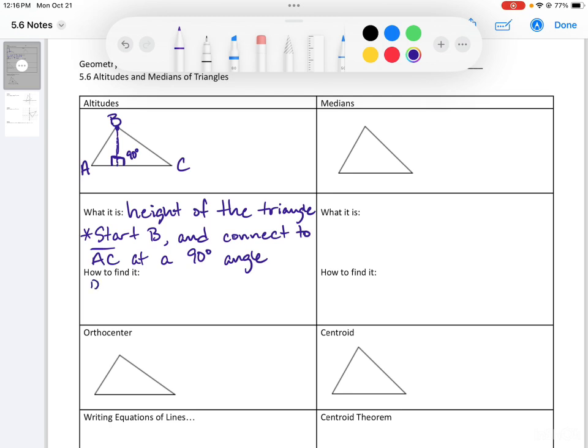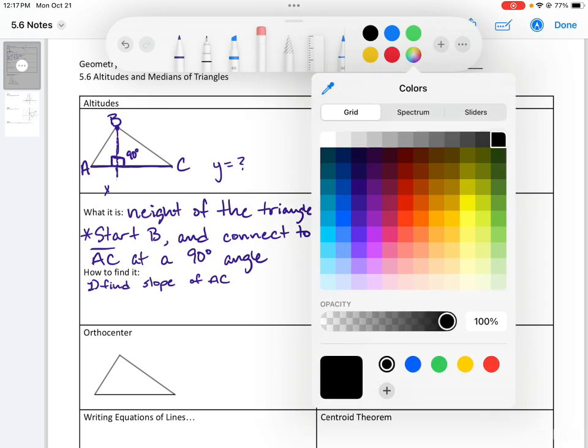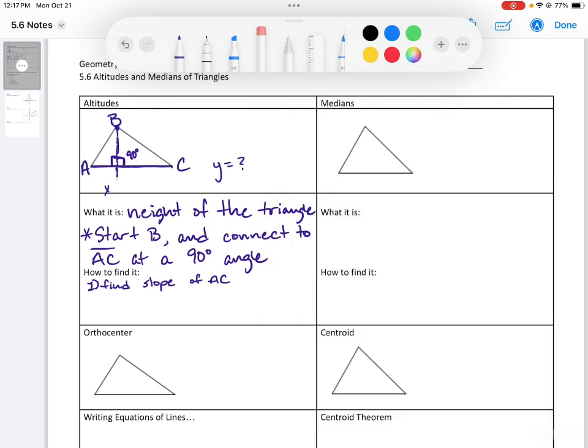Now you can actually find it mathematically too in 3 steps. First step would be find the slope of AC. Now in this particular example, it's a horizontal line. So its slope would be y equals something. And so the perpendicular vertical line would be something that's x equals. But that's not always the case. So it might be helpful